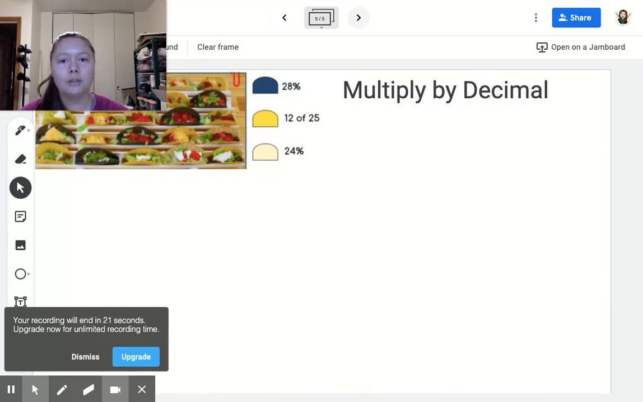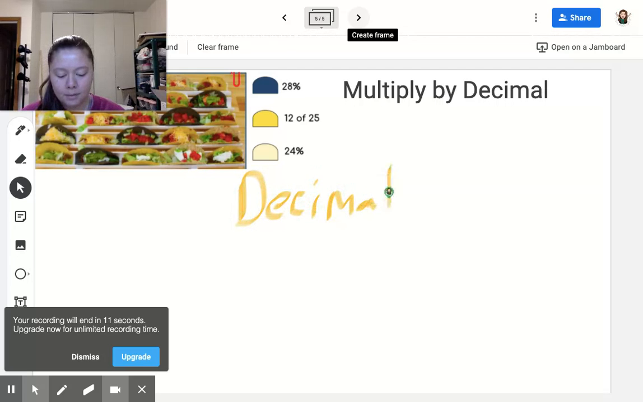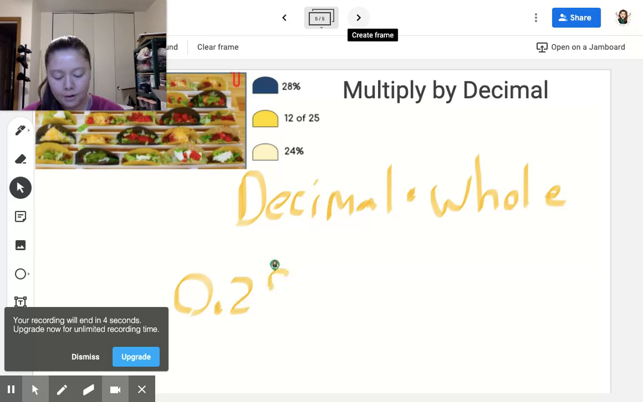All right, let's go on to the next one, multiply by decimal. All right, so this is very similar. You're just going to take that decimal, put it in decimal form, and multiply by that whole number. So 28% would just become 0.28, and you multiply by 25, and you